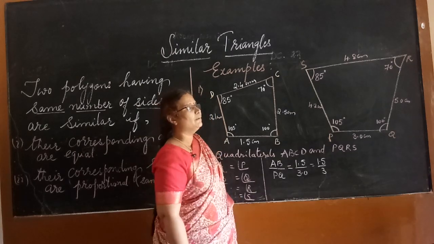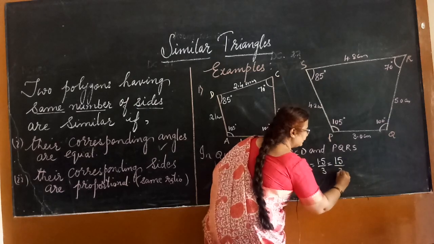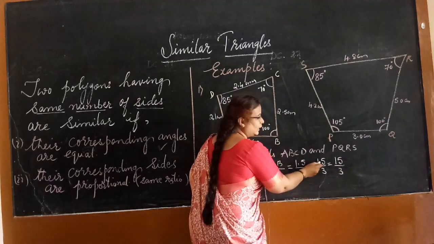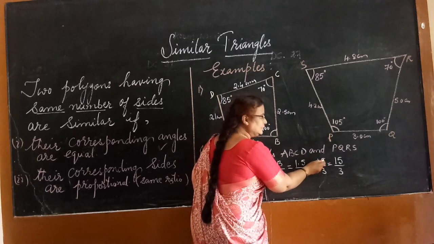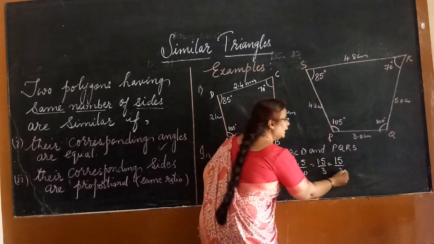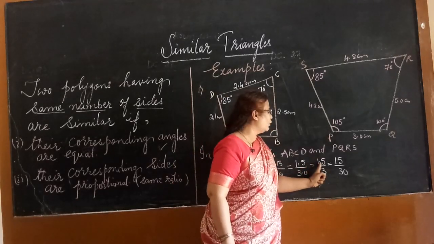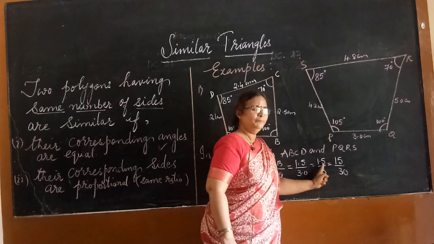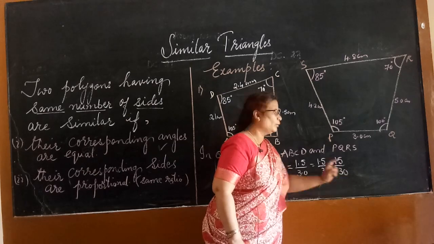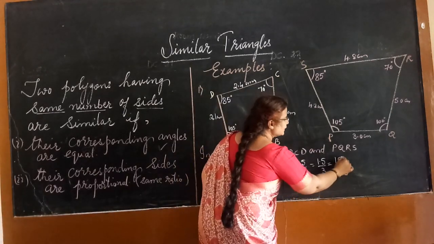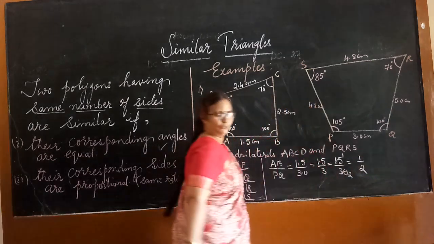How to divide this decimal by a whole number? Take 15 by 3 in the numerator. After the decimal point, there is one digit, so you insert that many zeros in the denominator. I repeat, after the decimal point there is one digit in the numerator, so that many zeros have to be used in the denominator. It is very easy to cancel now. 15 ones are 15, 15 fives are. Ratio is 0.5.